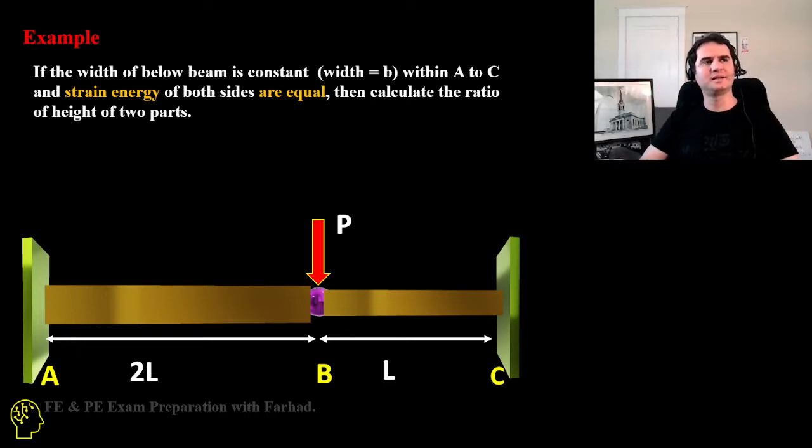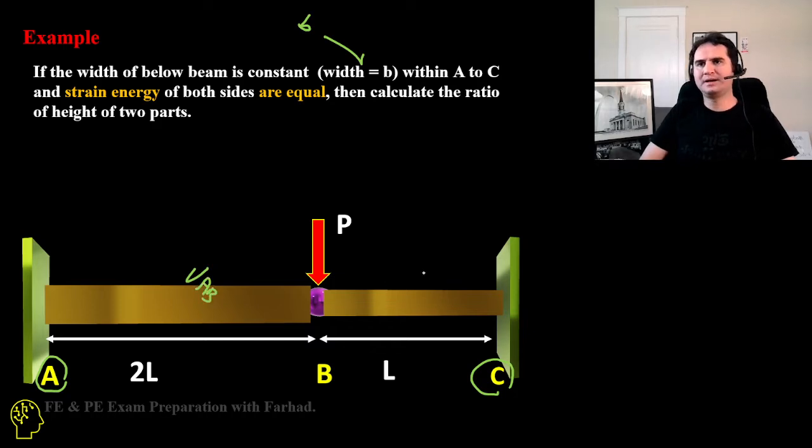connected somewhere in the middle by a pin, and the concentrated load applies at the pin too. So if the width of the beam is constant from A to C, all over the entire cross section, the width remains the same, and it's B. And the strain energy of the two parts of the beam,